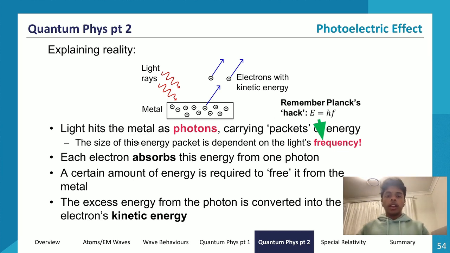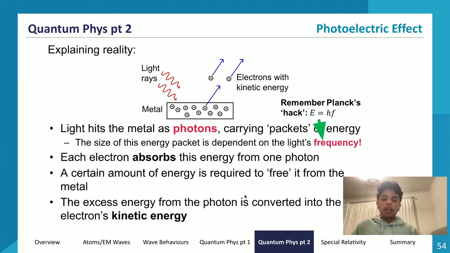What happens if the photon doesn't have enough energy? Well, the photon just doesn't get absorbed. It would hit the electron, but nothing would happen, because the energy supplied wouldn't be enough for the electron to leave the metal. It would try to make the electron leave, but there's not enough energy, so nothing would happen. And so the electrons would get excited and they would just return back to the ground state afterwards by releasing electromagnetic radiation right after that. So it's basically like exciting the electrons, but we're not exciting them enough for the electrons to leave.